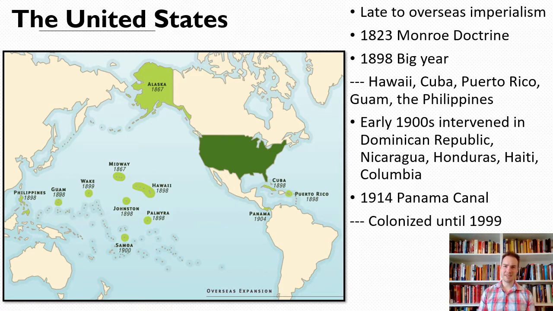So in the early 1800s, we see the Monroe Doctrine, where essentially the US says that the Caribbean belongs to the United States, that they don't want British or French interests acting there economically or militarily, and that really expands to the US seeing Mexico and the Caribbean as their natural places to protect in a very colonial way. By 1898, the US has a far-flung empire. It's a big year for the United States.